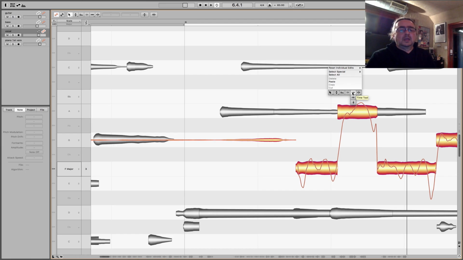Actually, probably I would have a better take then, and I would comp some other thing. But say I don't have a better take, or that's the only thing somebody sent to me, maybe I didn't record it myself, so I have to live with it. So what would I do? I have different strategies. You see, I have different tools for different things. And for example, I have one tool for